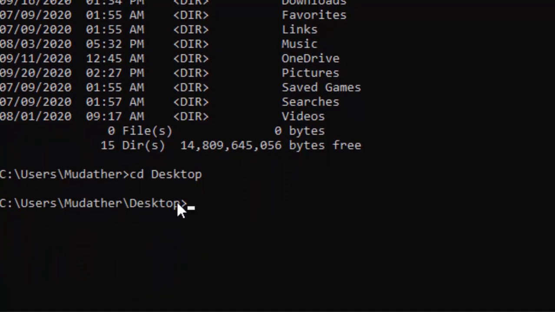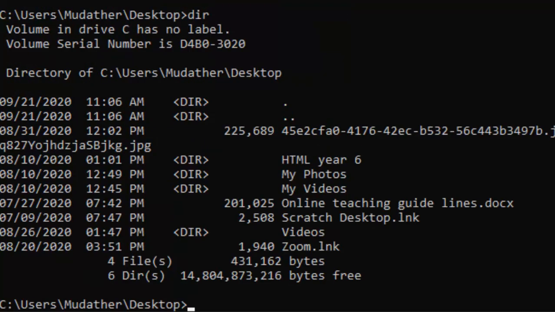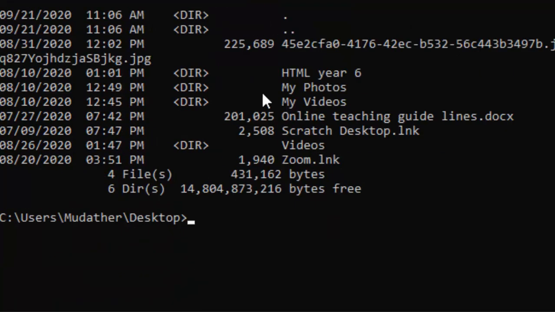To know the contents of the folder desktop, I have to type dir. So these are the folders that I have inside my desktop. I want to create a folder. The command is mkdir space. Next I have to type the preferred name for my folder, any name, let's say hello, and press